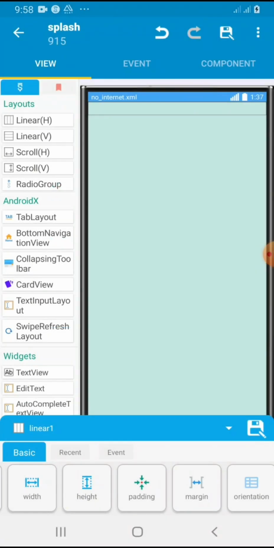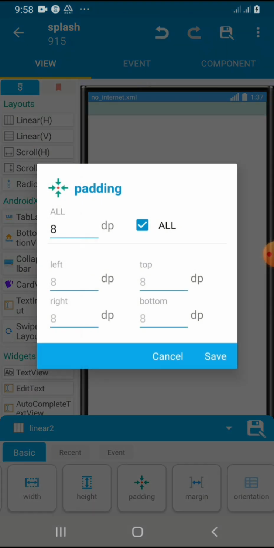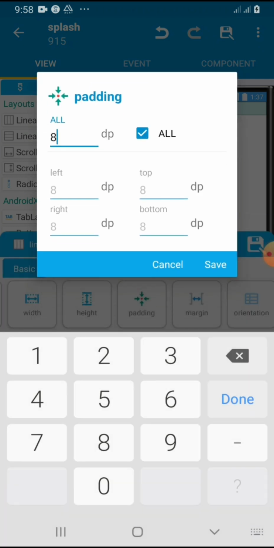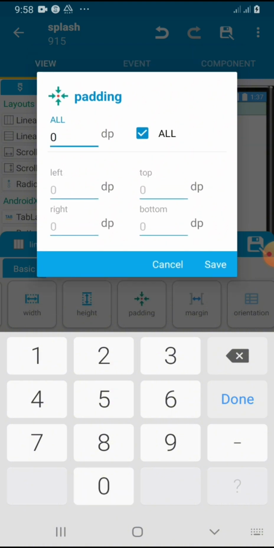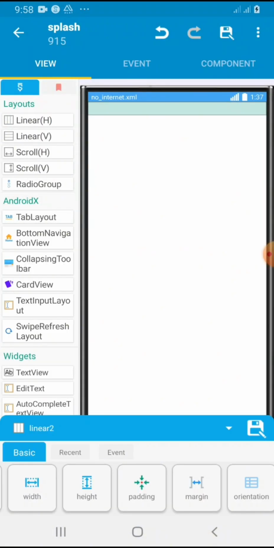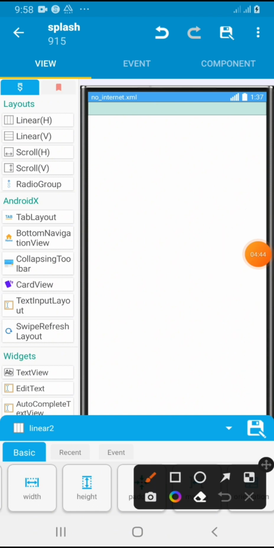Okay, then quickly go to the second linear, the linear H, and click on it and still remove the padding and set it to 0. You do that by tapping on it. Then you click on the padding. You tap here, delete it, and type 0 and click on save. Okay. So the next thing we need to do is to bring in,